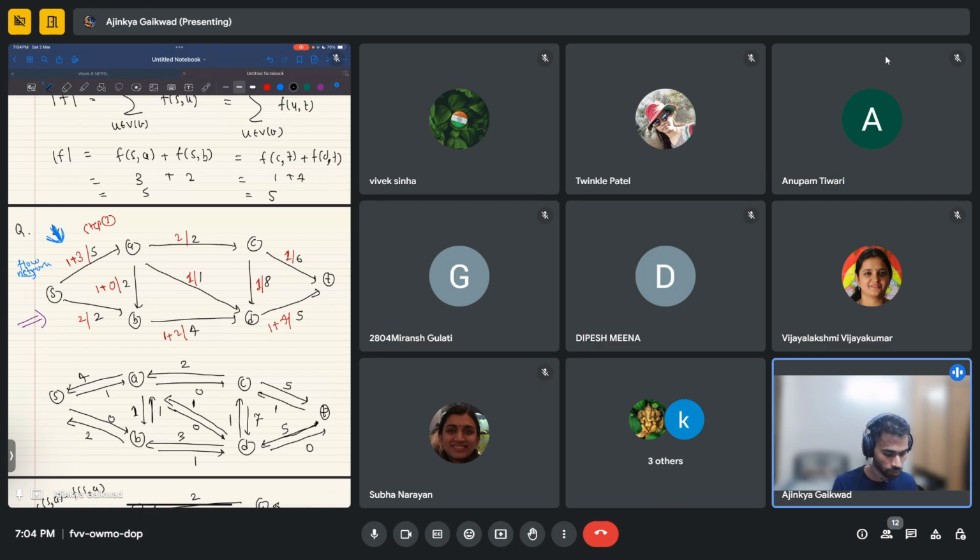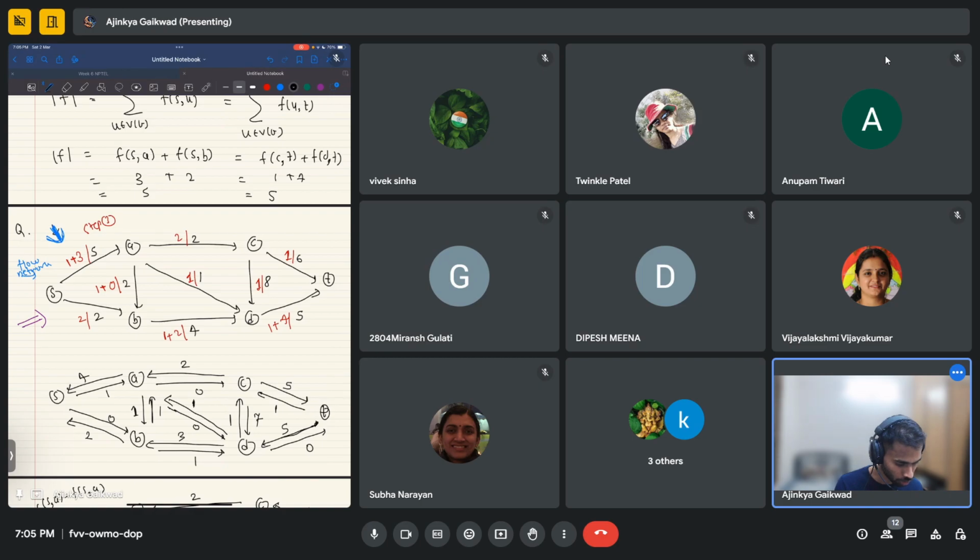Can you find an augmenting path in the residual network? No. You can just observe, you can go from S to A only because you cannot go from S to B, the capacity is 0. Then you can only go from A to B because A to C is 0. Then from B you can go to D because the capacity is 1. You cannot go from D to T